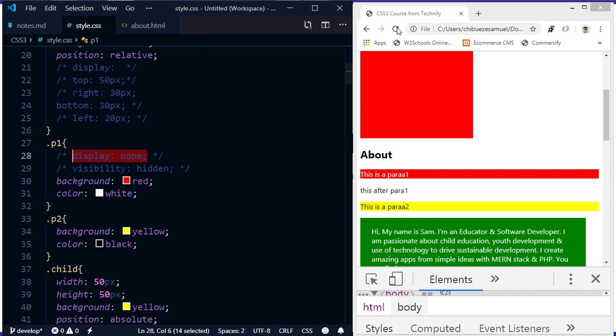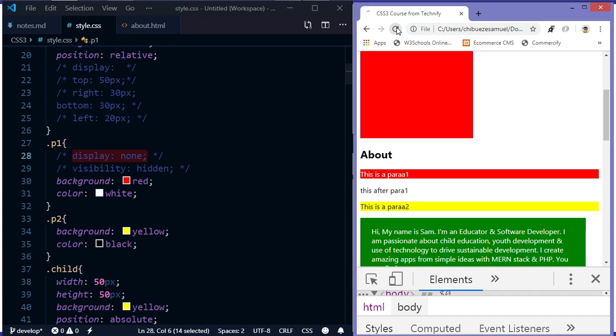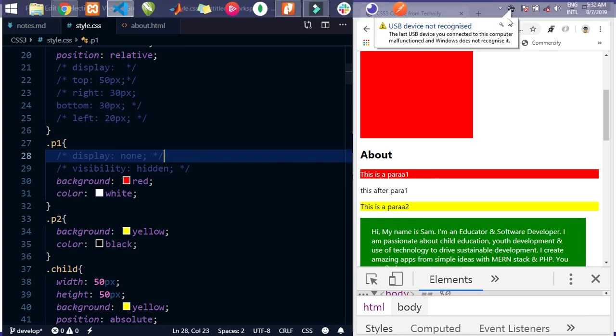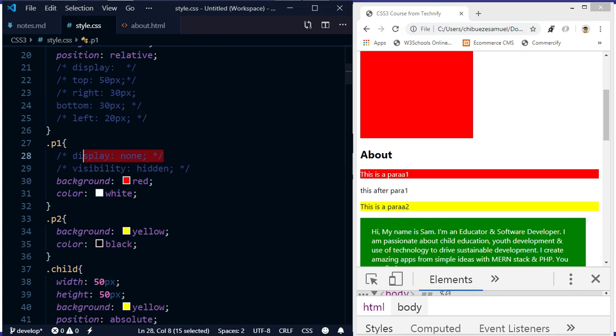So if I set that display, if I reload, the paragraph comes up. Now when I set the display to none, notice that